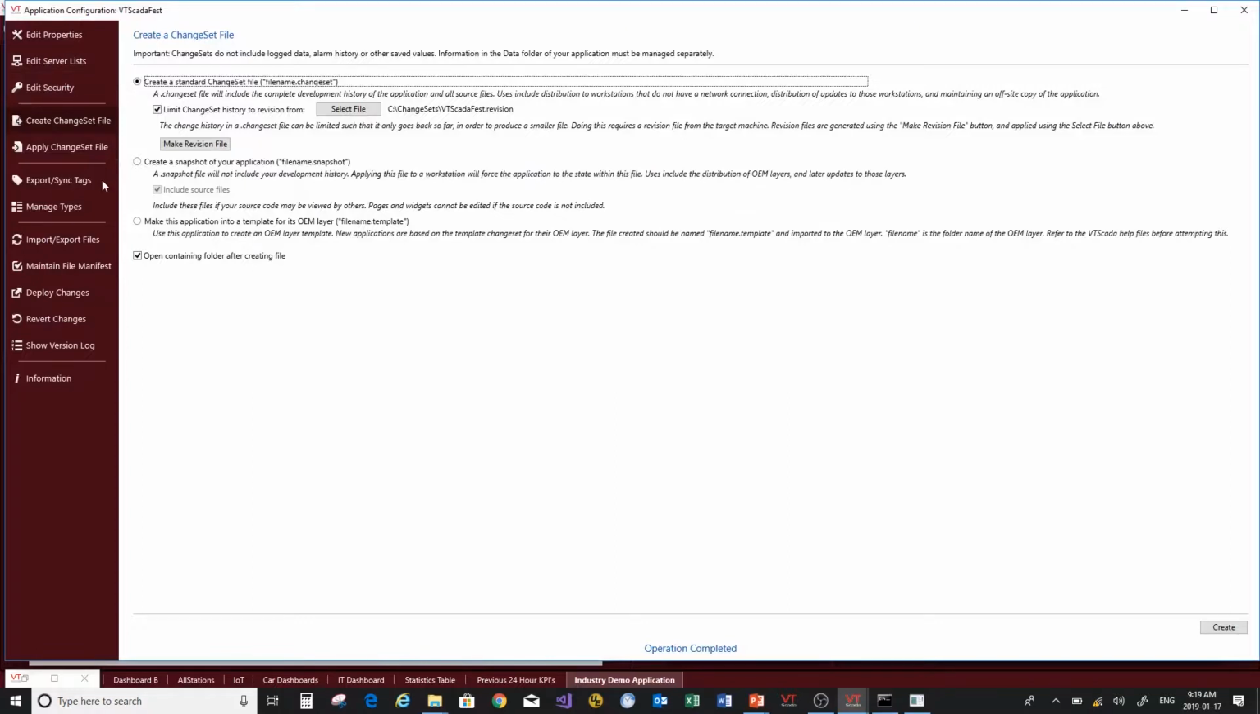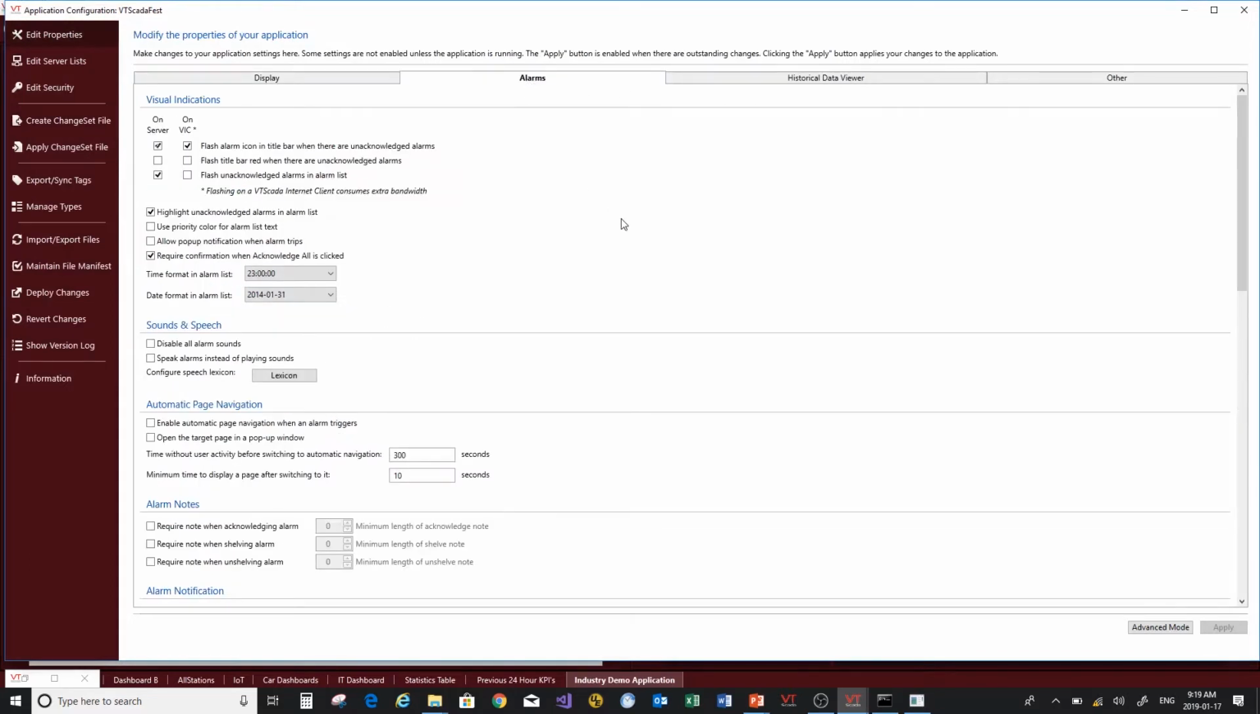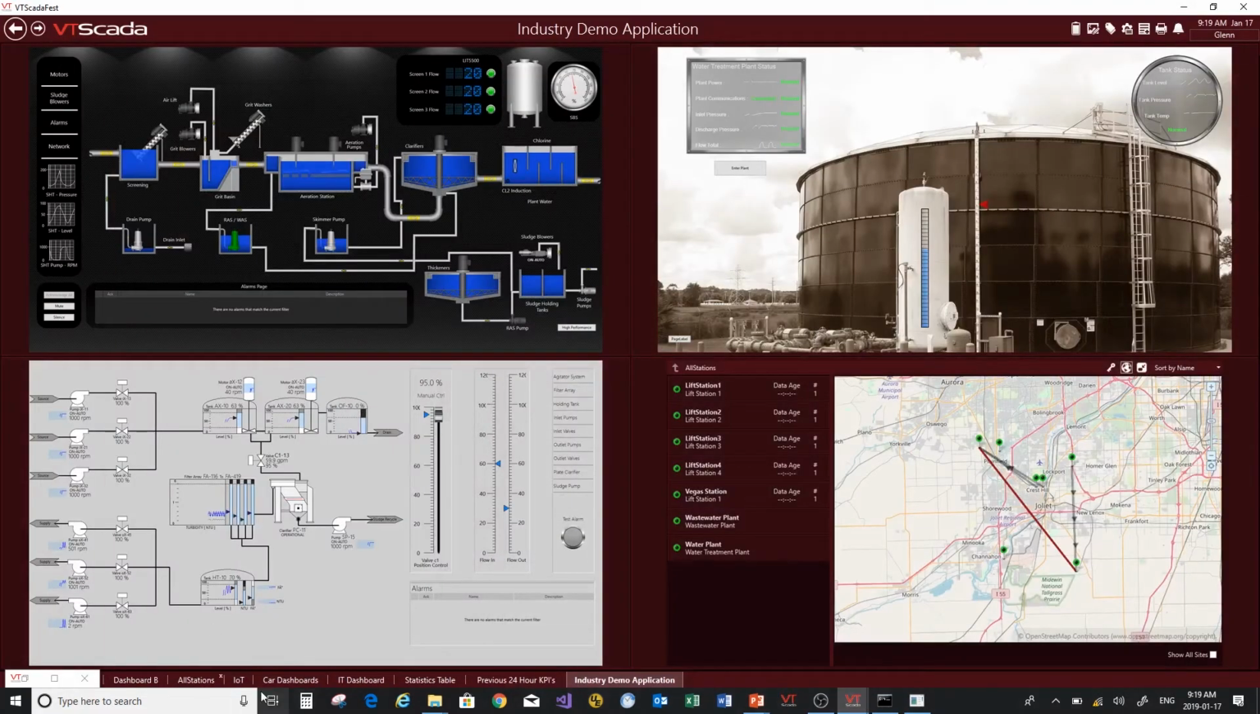So the alarm flasher is one of those pieces. I'm going to go look at properties again. There are some basic properties under alarms that are just useful to walk through. So number 1, flash the title bar red when there's an unacknowledged alarm. If I turn that on and I create an alarm,